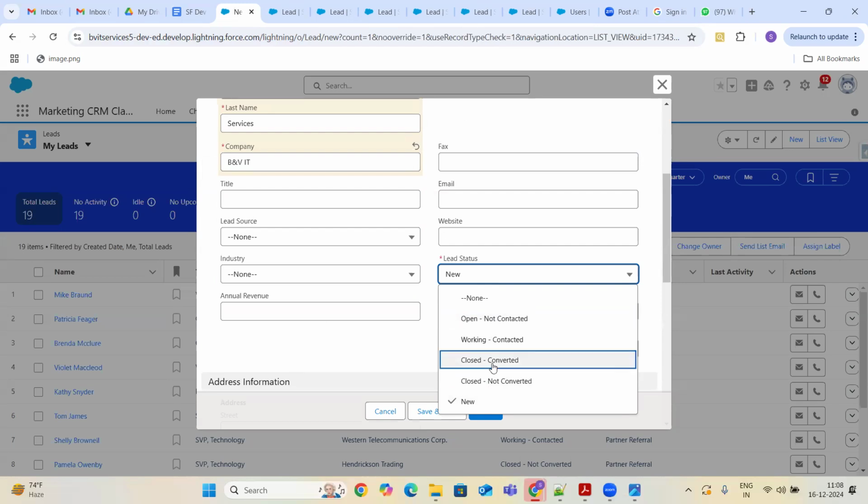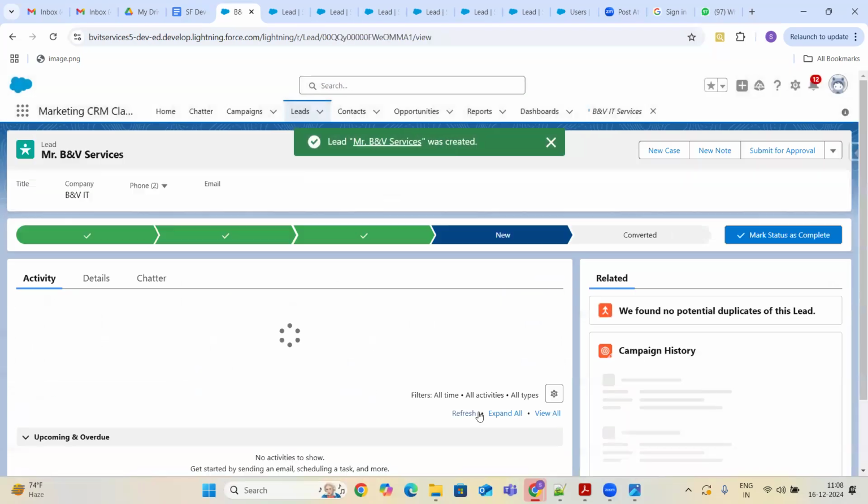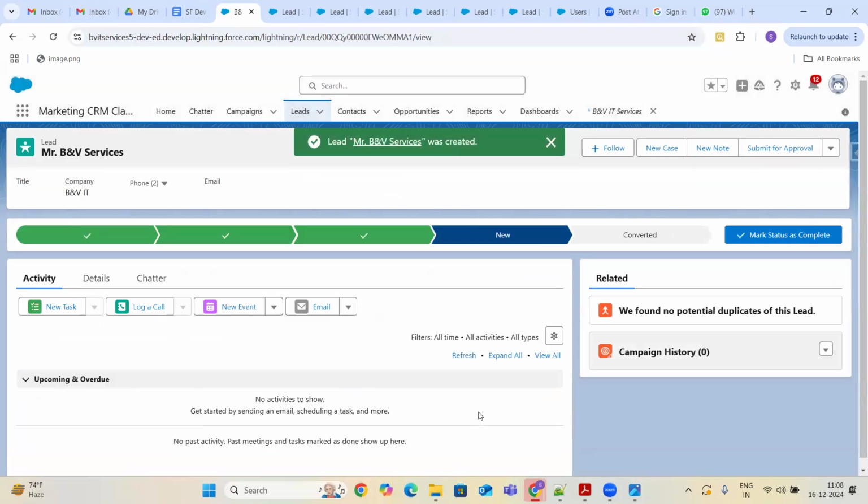So if you see it here, it is displaying only five values. Okay, because your profile is associated to the lead BNB IT services lead process, right? So I'm going to make it as a new and click on save. Now you can see five statuses only, right?